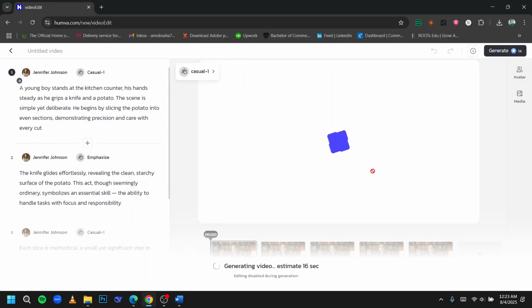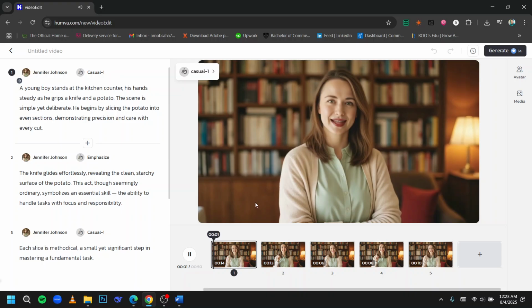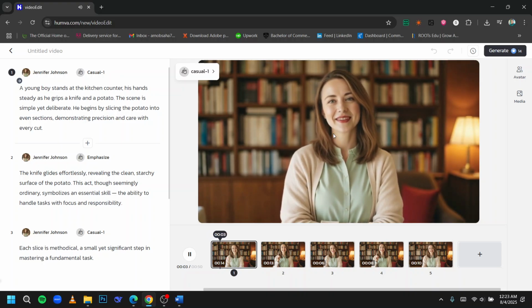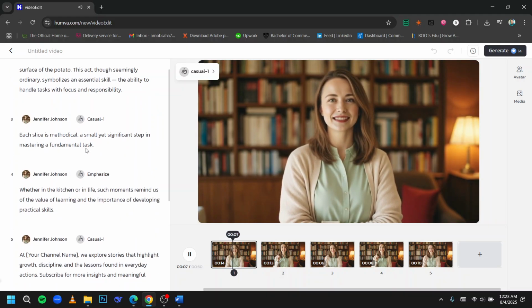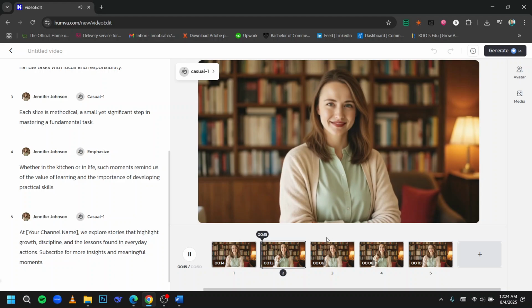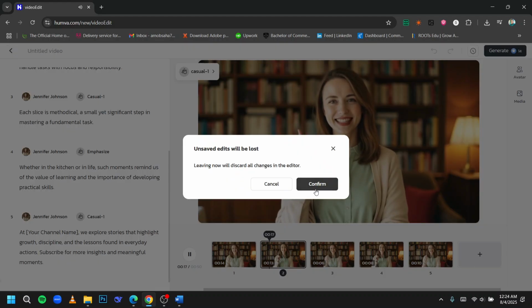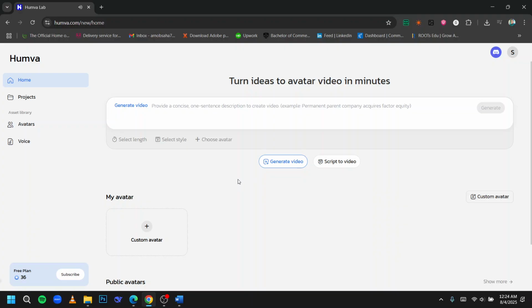So here you can see the video is almost ready, and it's getting loaded, and we can just play it after it gets loaded. So here you can see the video is already running, and the script is shown here. He is also telling us that now, if you would like to make a custom avatar,